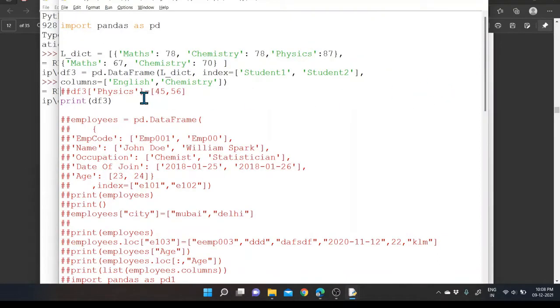So what happened? The df3 is the data frame variable that we provided, and the index we use is student1 and student2, and there are 3 columns, maths, chemistry and physics. Within the columns we provide only 2 data.